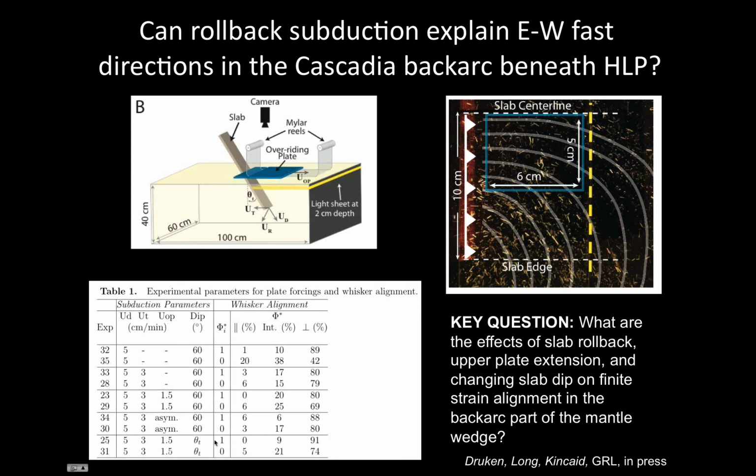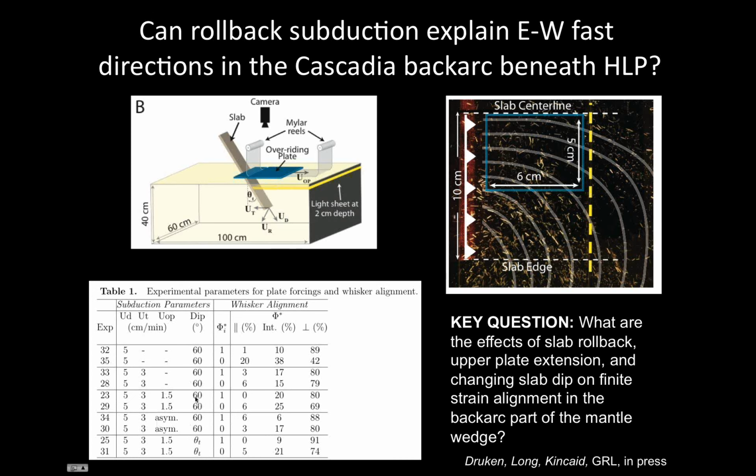So Kelsey has run a bunch of different models here, and what's different, all of these have the same down dip motion of the slab. That's what's in this column here. Many of them have a component of trench rollback, so this is mimicking the rollback of the Cascadia Trench at about 30 millimeters a year. And then some of them also have extension on the overriding plate,